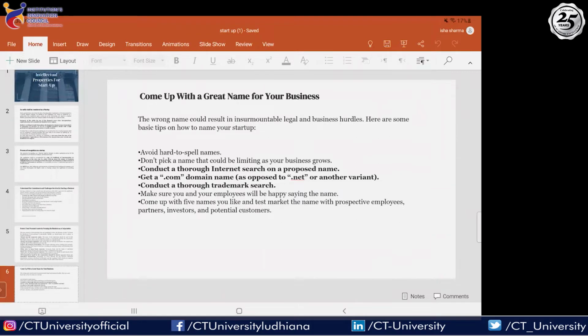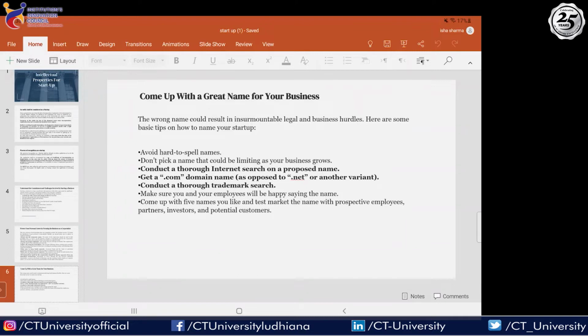When you have an idea, after that you of course need to do a domain purchase. You can purchase it through various portals and you must be knowing about them. For example, GoDaddy is one. You can just go and search whether that domain is available or not, and buy a domain.